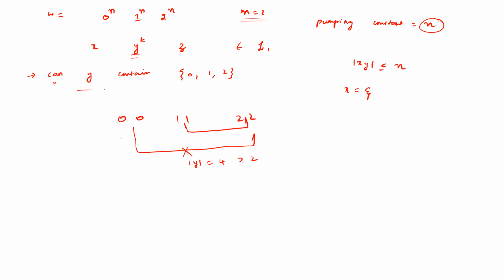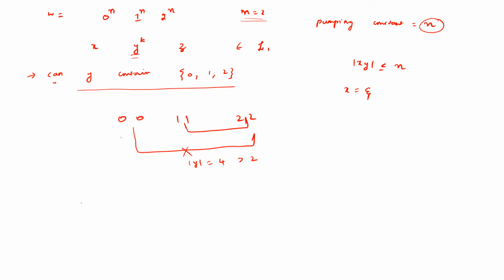I hope you got the point why y cannot contain all the symbols 0, 1, 2. Is there any doubt so far? Now, once you digest the fact that y cannot contain all symbols, if you pump y, not all the symbols get pumped, and that is why the pumped string